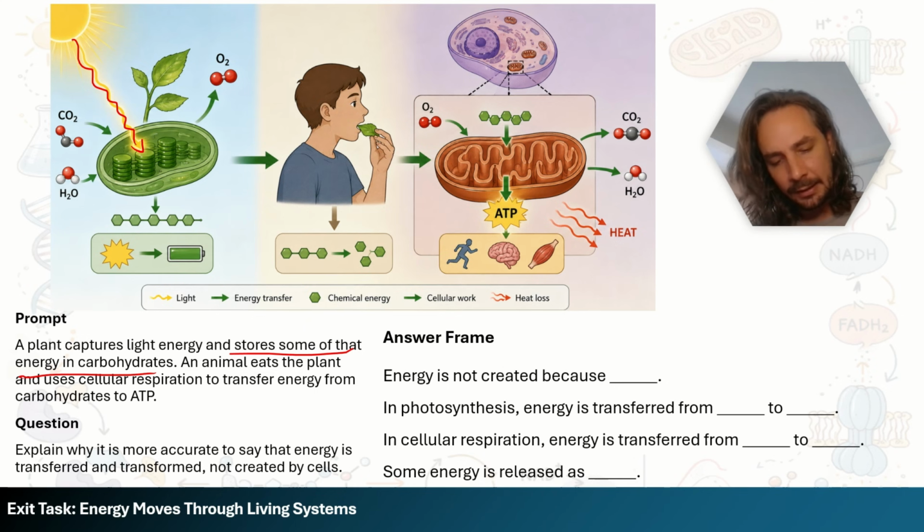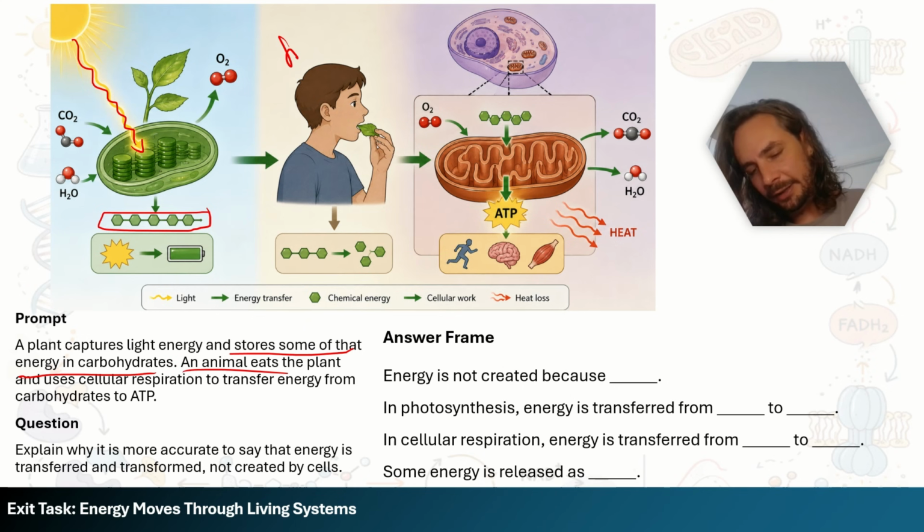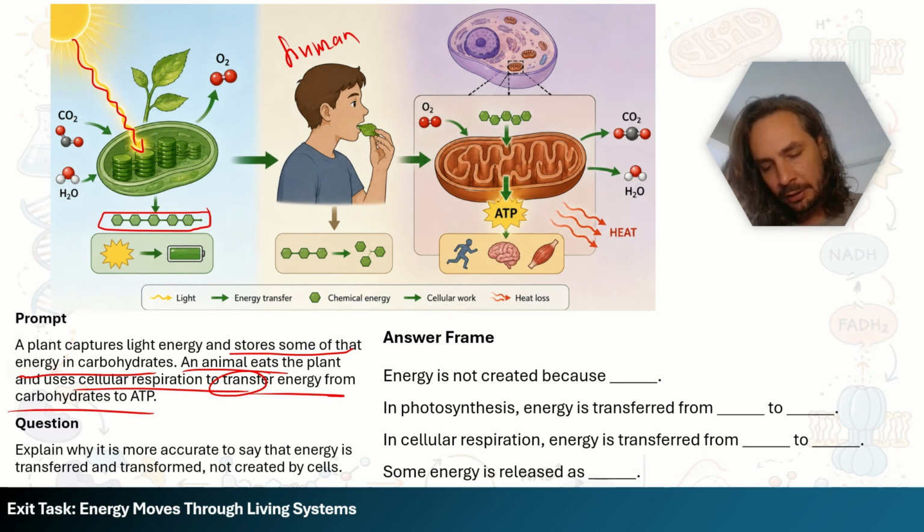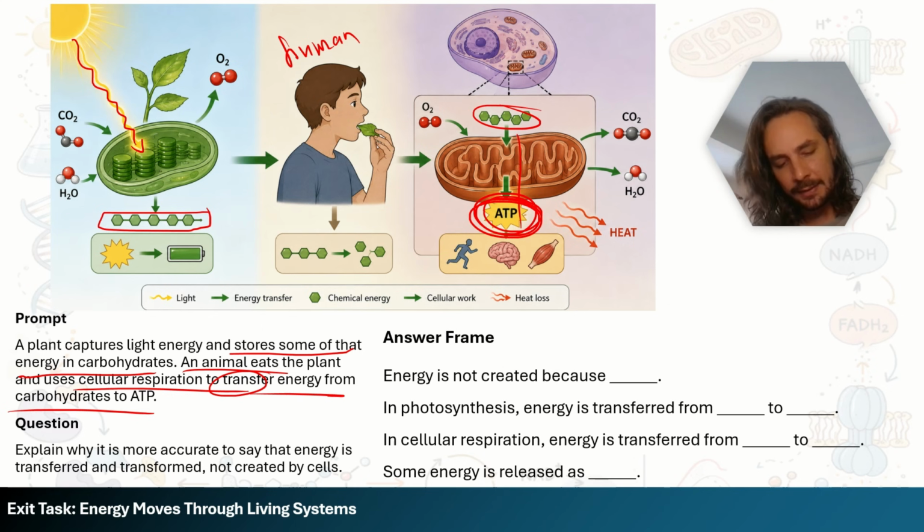So this light energy is transformed into carbohydrates. An animal, in this case a human, eats the plant and uses cellular respiration to transfer the energy from carbohydrates. So here, that energy is being transferred to make ATP. Now, the question is,